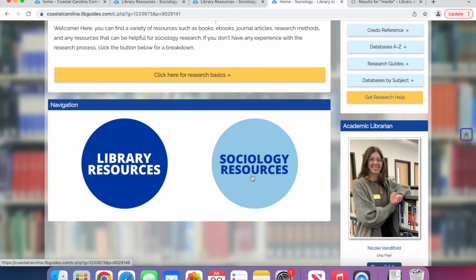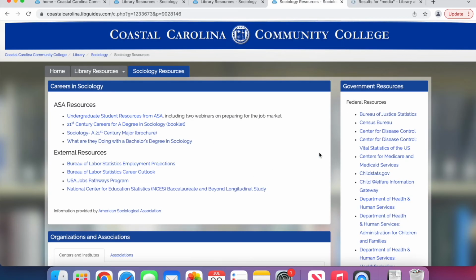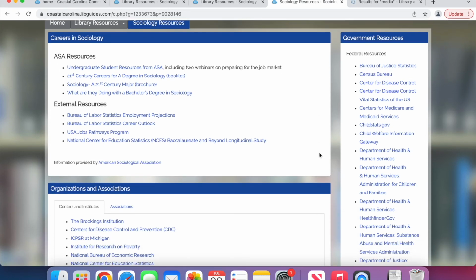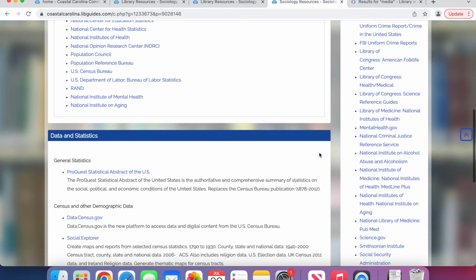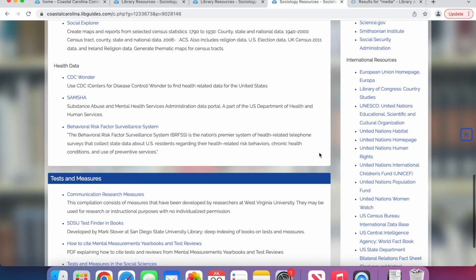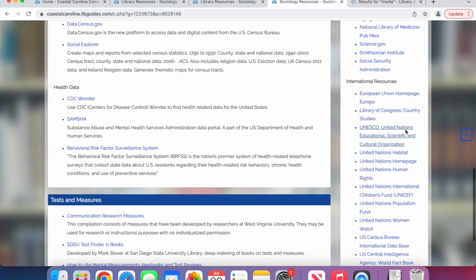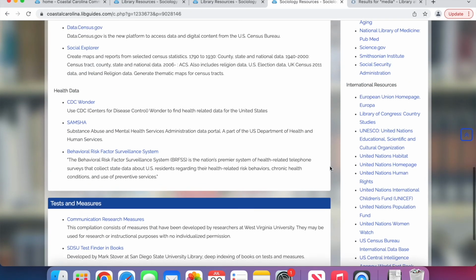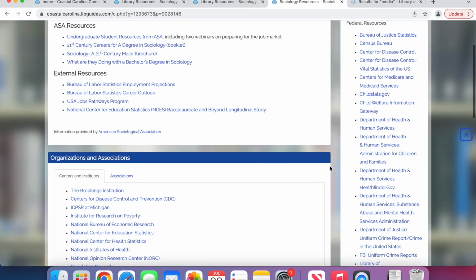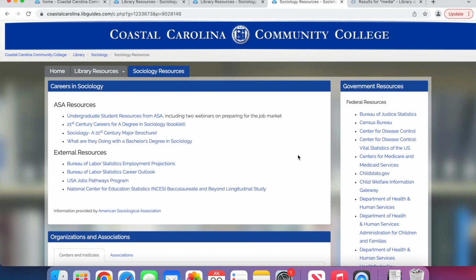We did also include some sociology resources here for you, and this is basic information such as careers in sociology, organizations and associations, government resources, data and statistics, tests and measures. We also have some international resources here for you. Just in case you are very interested in sociology and doing more in that field, we did compile this resource